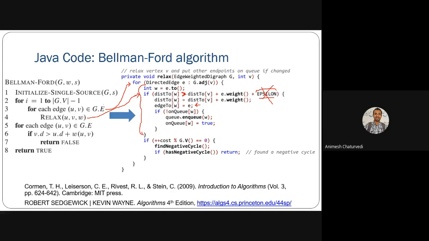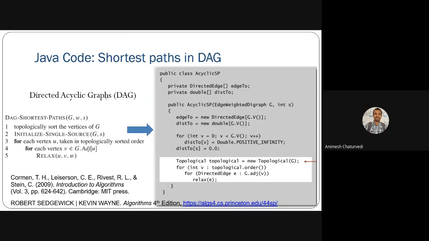Thereafter, you have to calculate this negative cycle. Means you have to do it. If you do this whole thing, find negative cycle one more time. In this find negative cycle, you are actually doing this whole thing again. So it will give us true or false. It depends on the negative cycle. So this is what you are doing in this find. So next we'll see directed acyclic graph.